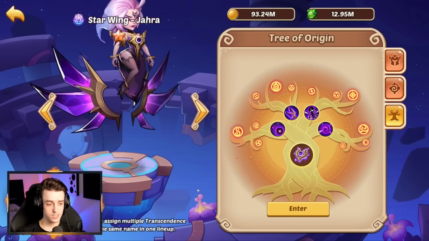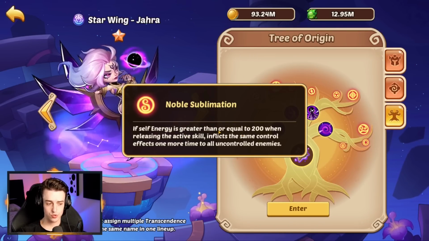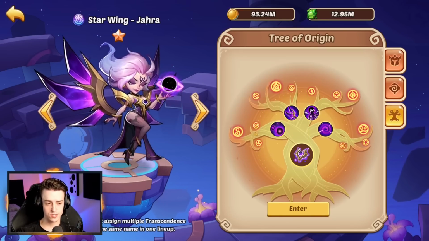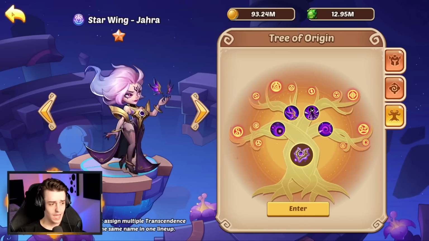The reason that's the case is because she has this ability here on her Noble Sublimation, where if her energy is greater or equal to 200, which is twice as much as normal you'd need for an active skill, she actually inflicts the control effects of her active twice. And this is very, very, very effective. However,